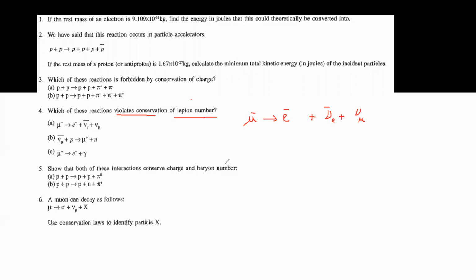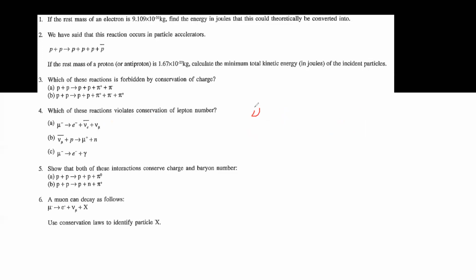So when we check, because it's anti here, the anti-mu particle is there, so this is an anti-particle, so lepton number will be -1. This is the anti-particle of electron, lepton number -1. This is anti-particle, so -1. And this one is lepton, so +1. So when you check, is it conserved? You can see that this is not violating. It's conserved because these two will cancel out. So you're left with -1 and -1. Both sides are equal, so it can happen.